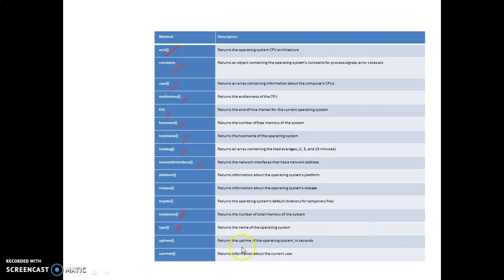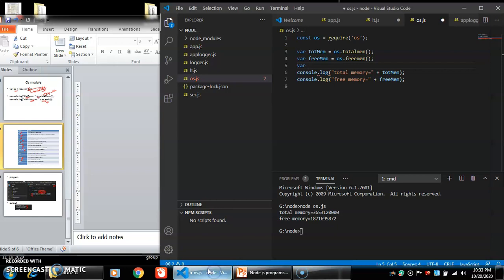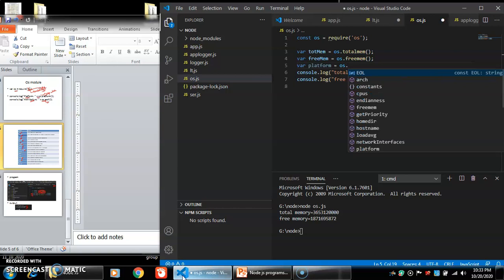So I need to give the platform variable, platform equal to os dot, and here those methods are listed under OS.